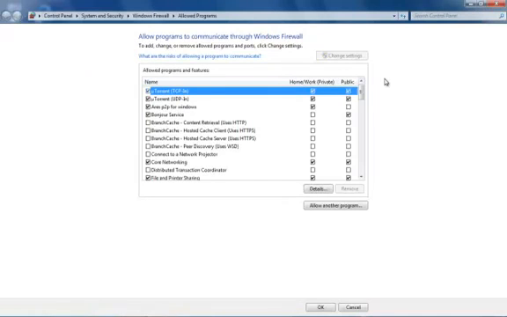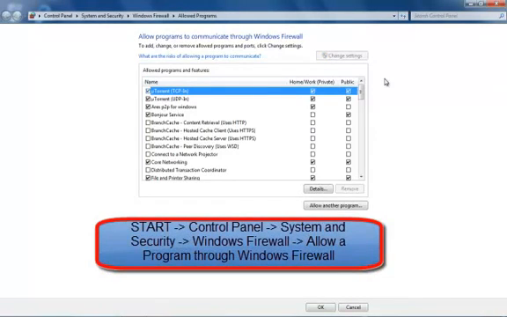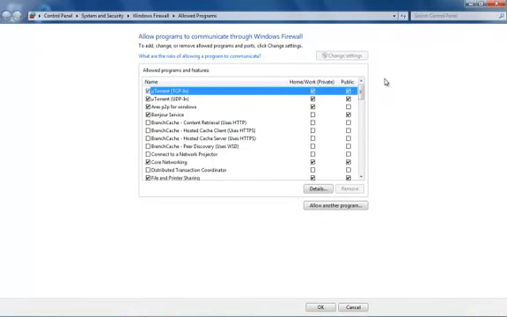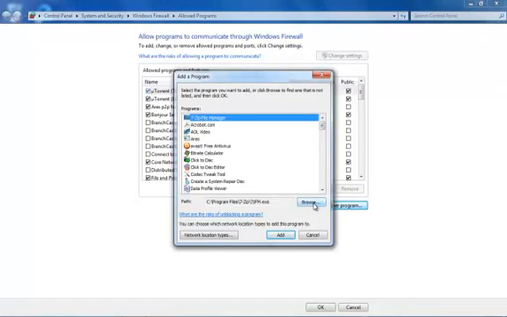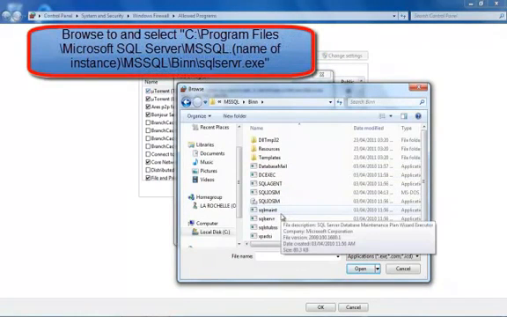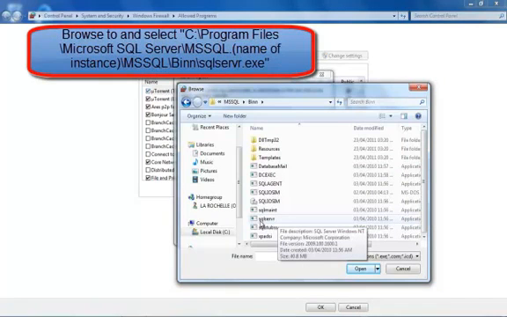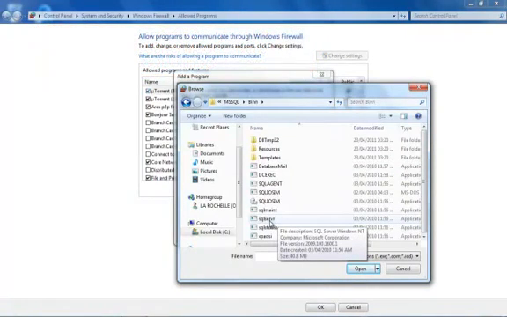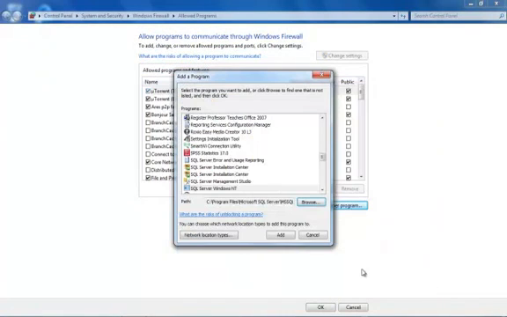Another thing you would want to do is add your newly installed SQL Server to the list of allowed programs in Windows Firewall, as if you're using it over a network, Windows Firewall may block the packets that get sent across the network, and you won't want that. So you go to allow another program, and then you're going to browse for exactly where it's located. Inside this folder, what you're looking for is SQL Server, sqlservr. Select that and click open